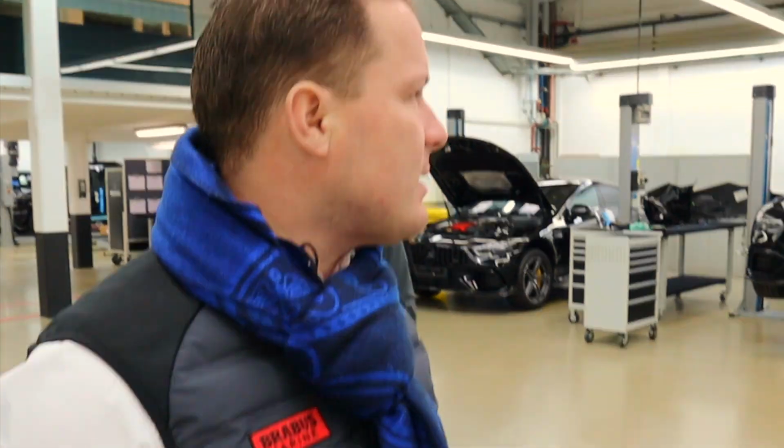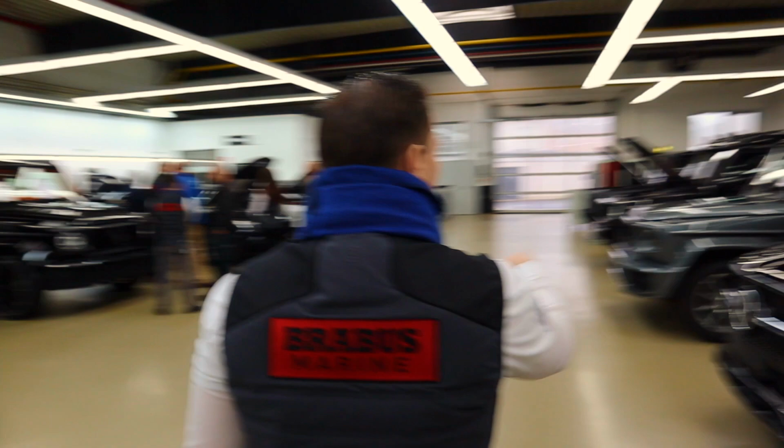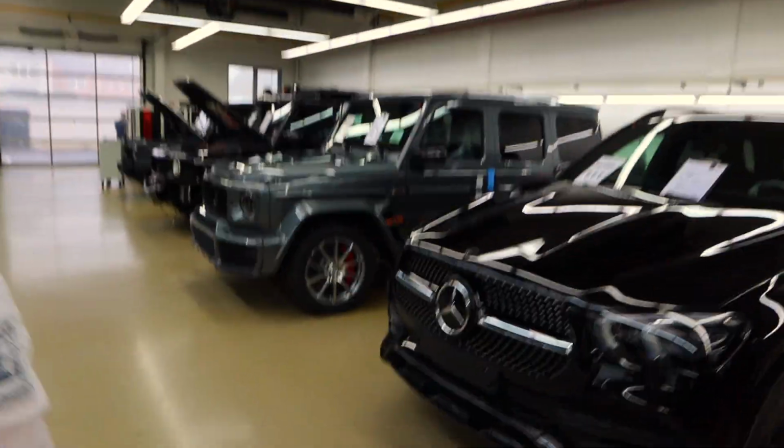Not every car is the same. Every car is really different. Next cars are coming there. BRABUS White Star in grey. The wheels were missing. The colleagues are still working